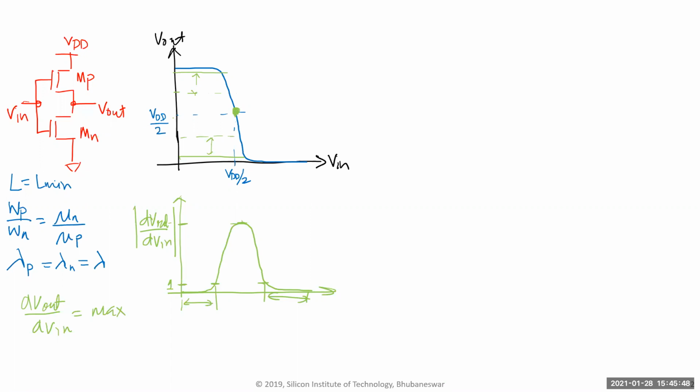Yeah, saturation, correct. So this is where both MP and MN are in saturation, right? But in the circuit, if I just leave it that way, this can drift to any value. So typically it will not stay there. It will actually go rail to some value, because if there is a small noise at the input, it'll just rail it, right? So how do I make sure that at DC condition, when there is no signal, so let's